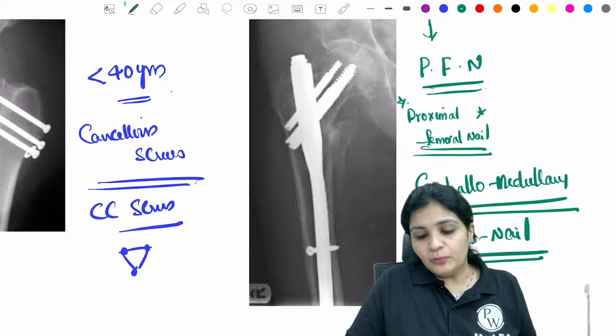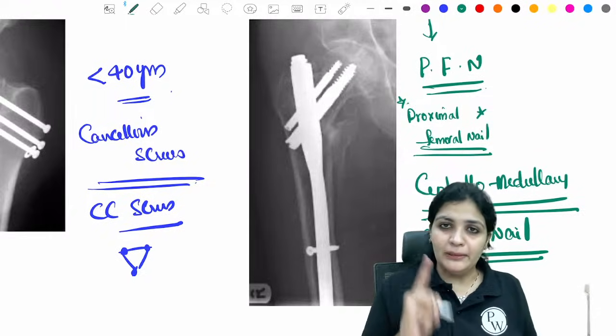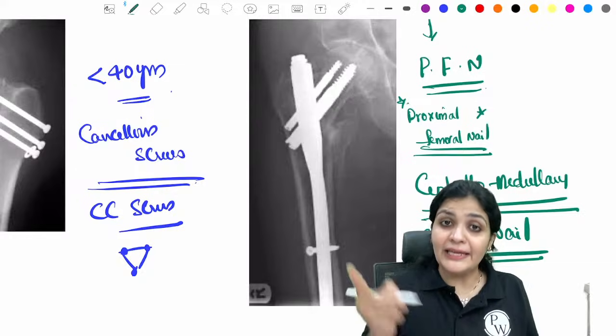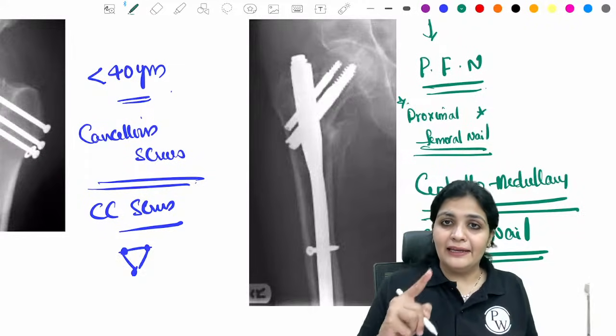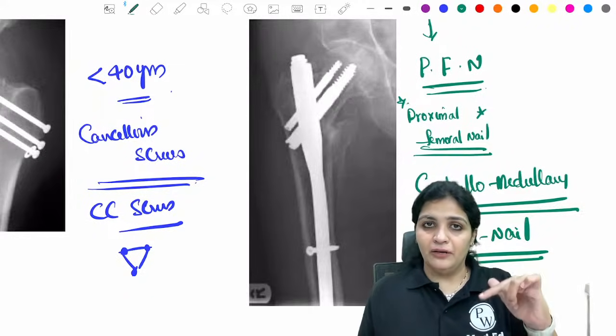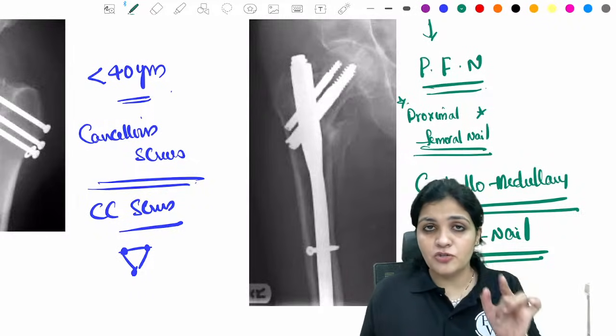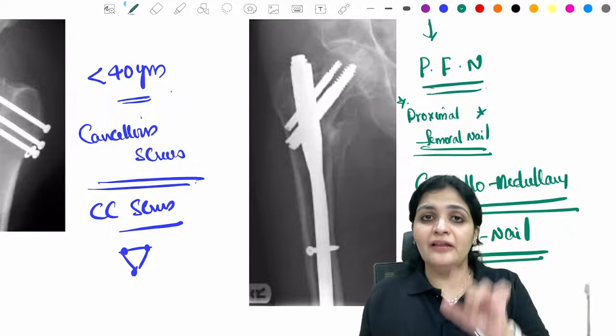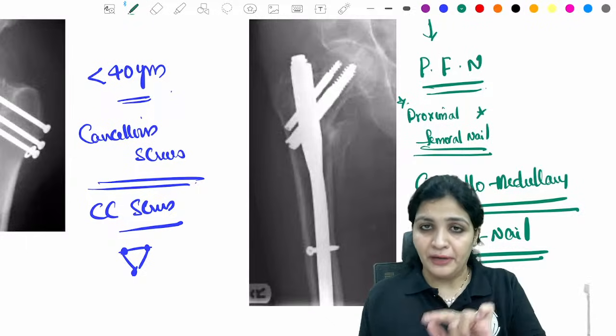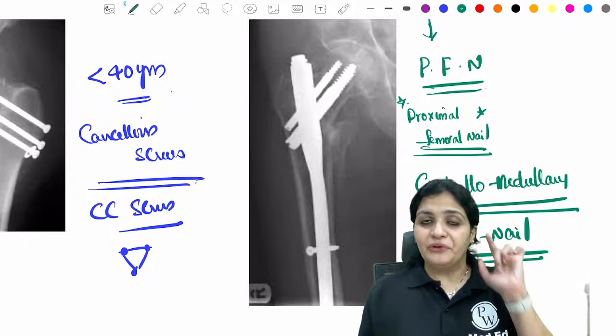Yesterday we dealt with one more nail, for the tibia, called the intramedullary interlocking nail. In that, the screws are present above and below, locking the fragment. Here it is in the head of the femur. So this is called a cephalomedullary nail, the proximal femoral nail, PFN, for treatment of your